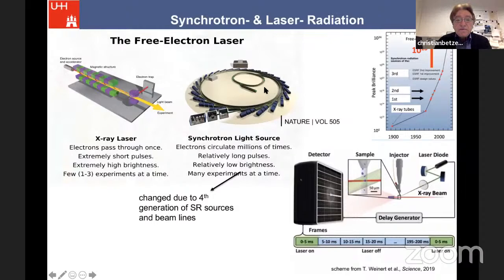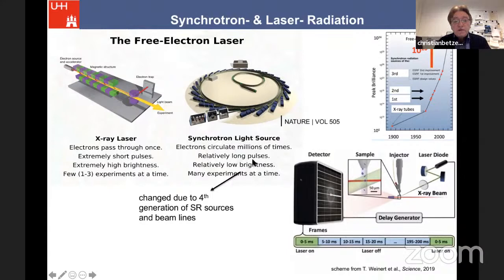This is a figure you see here from an article prepared by Petra Fromme, one of the pioneers of X-ray free-electron laser application. X-ray free-electron lasers, as shown here on the right, are tremendously intensive. And in Hamburg, this facility is underground. It has 3.8 kilometers. At the end, you have stations to collect data. So they're extremely high and short pulses in the range of femtoseconds.